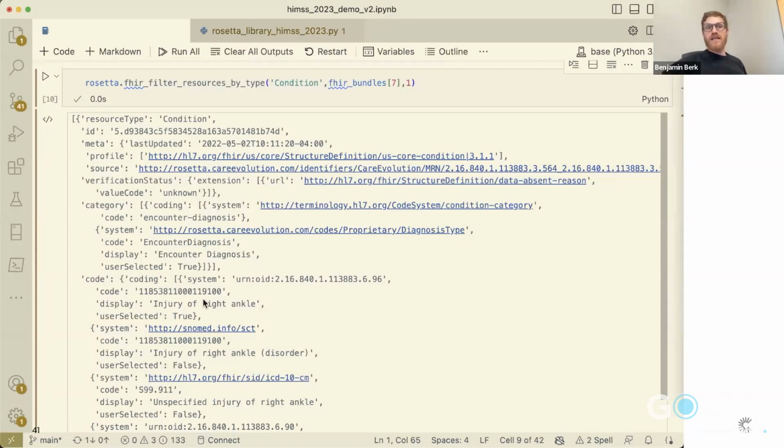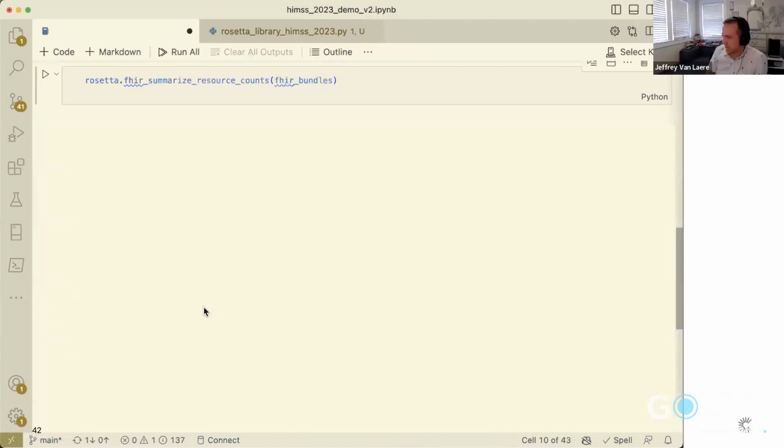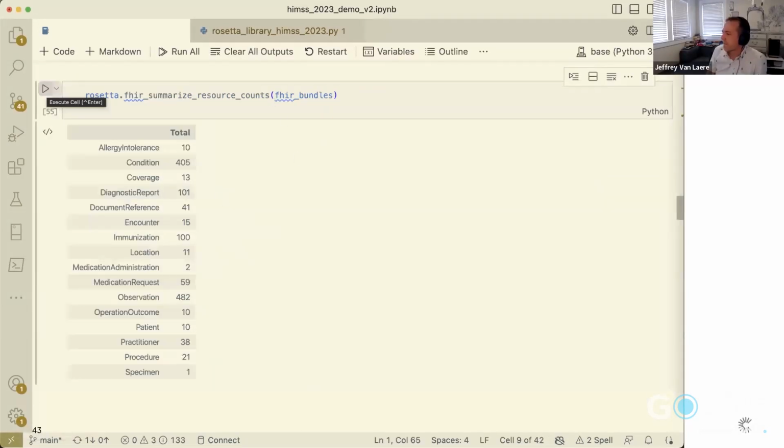And we can see this is an injury of the right ankle. It's got a code here. It also has some other codes associated with it. So what I can summarize here is what I have: across all 10 of those bundles, I now have 10 patient resources, 480 observations, 400 conditions, right? So that's been pulled out from all of those CCDA documents.